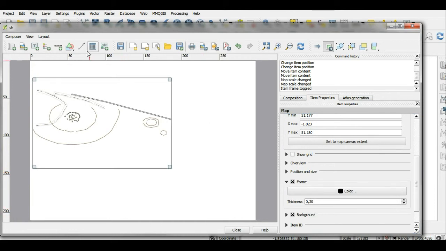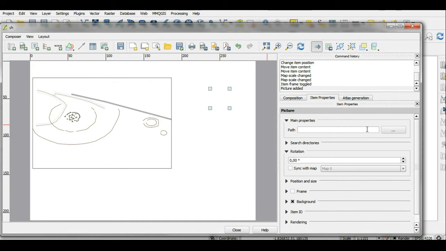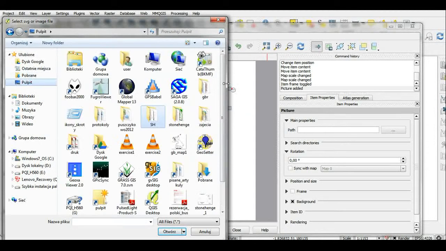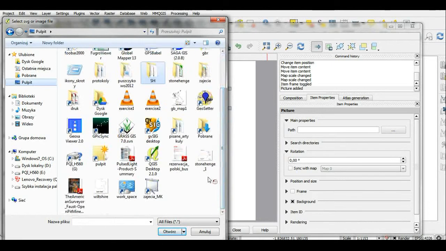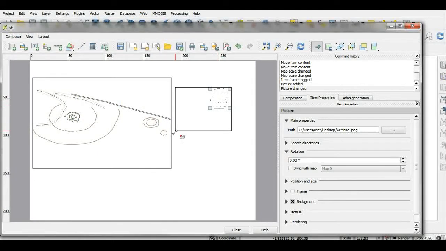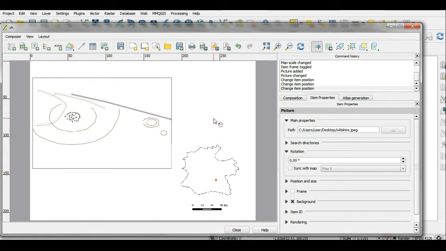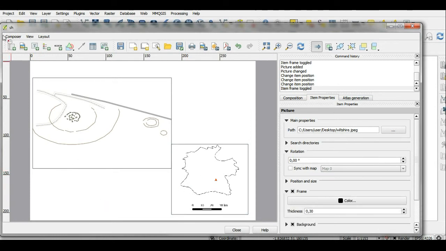This is my frame. And then I'll go ahead and add some pictures. So I'll open properties, path, and I'll show the path where I have saved my pictures, and I've saved them on my desktop. And I named them Wilshire. I'll just make it bigger. Yeah, maybe like this. I would put it a little bit down here, and then I'll also add a frame,